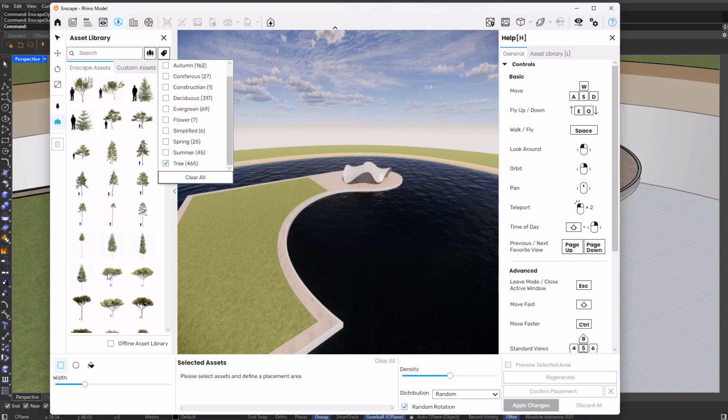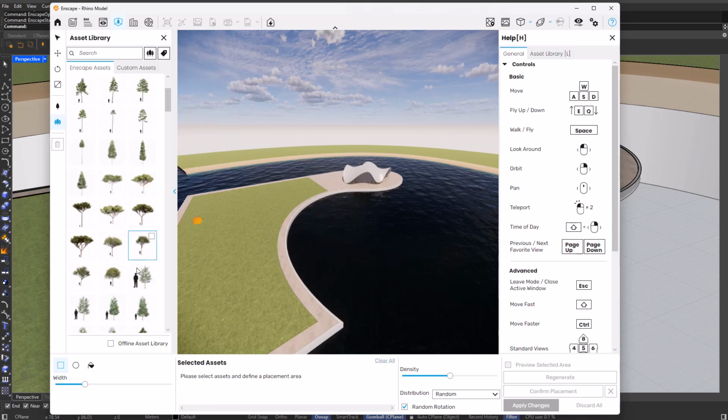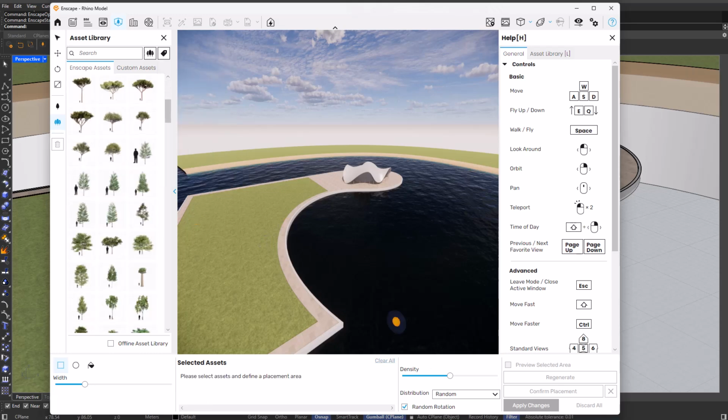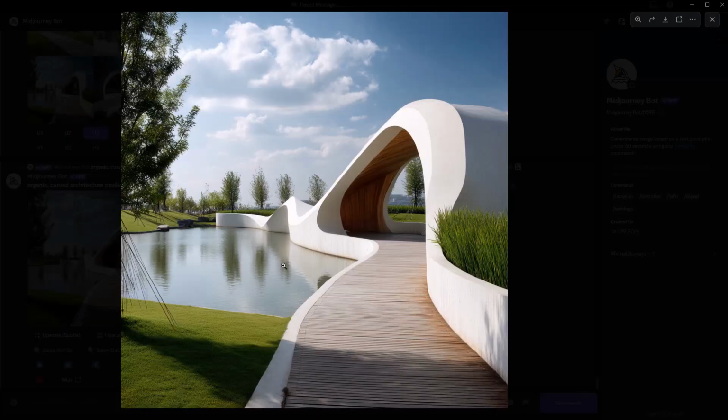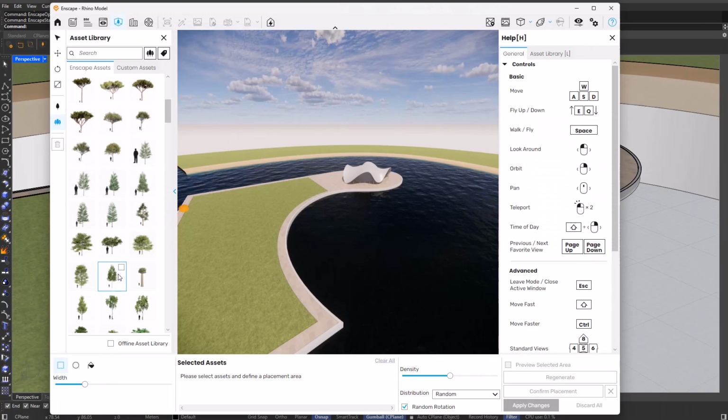Now select the kind of trees that you're going to be wanting to import. In my case, I'm going to go all the way down here, and I'm actually going to go back to the reference from Midjourney. Okay, so we have these types of trees. They look pretty nice, so I'll be selecting some that look like that. Okay, these three should do, and I'm going to be placing them on this surface right here, on the grass